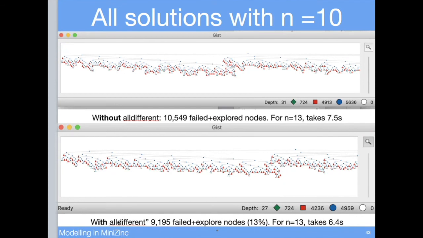So when we add the all different global constraint using Gecode, which is a solver that understands all different natively, it's interesting that we don't actually get that many fewer nodes. We get 13% fewer nodes, and actually a more than 13% reduction in time. You can see the search tree has changed shape, but not by much, because for this particular example, n queens, a lot of the power of all different isn't required. It's working more or less like